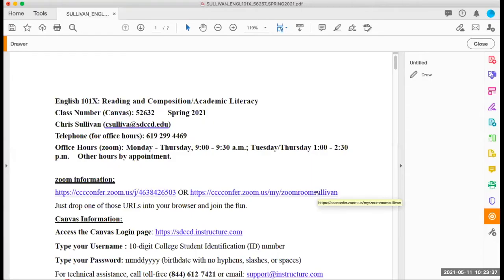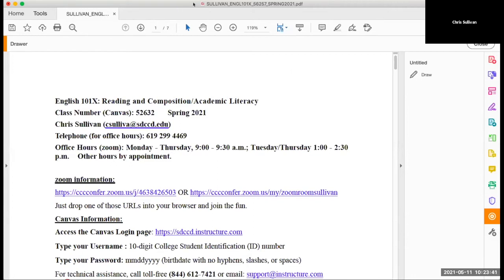I'm Chris Sullivan. I teach English at Mesa College in San Diego. I've been in the department for a pretty long time, and so I noticed that my syllabus is super heavy text, like this. All my more recent colleagues in our department use a lot of visuals and the liquid syllabus and stuff like that. I just find mine to be super dense. I teach rhetoric and composition, so it's easy for me to be very verbose, but I wonder